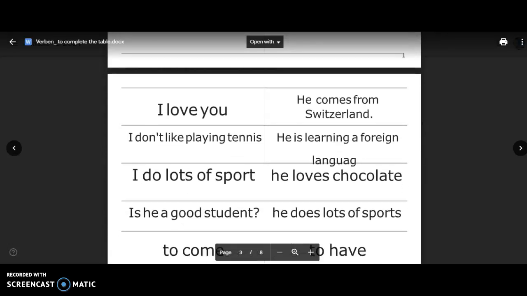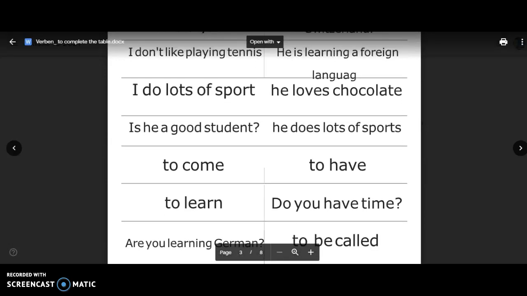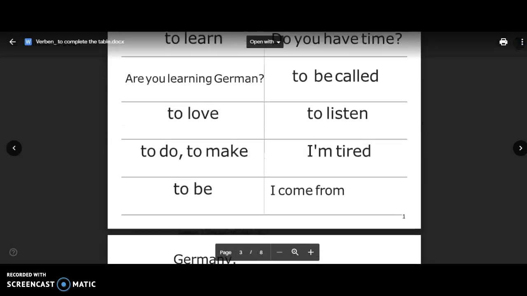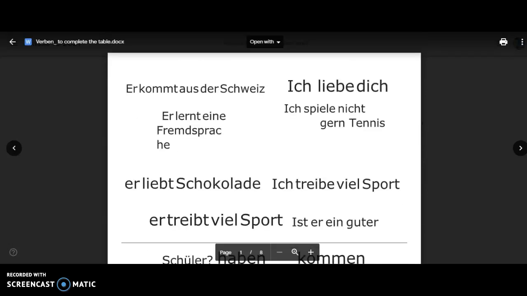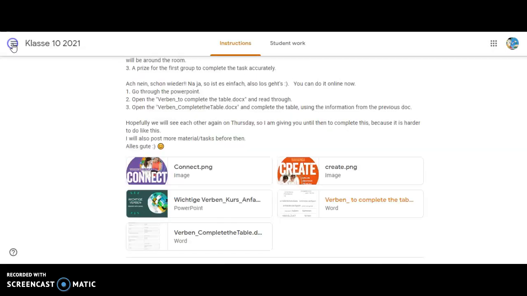you've got the English. But they're all mixed up, so you've got to make sure that you're sure of which ones to use. Okay? And there are all sorts of different ways of doing that, and I'll let you work that out, okay? Because you're going to be exploring ways of doing this. Okay? Hopefully that's a little bit clearer, and hopefully you'll have had a little bit of fun with the Verbs Kahoot challenge as well.